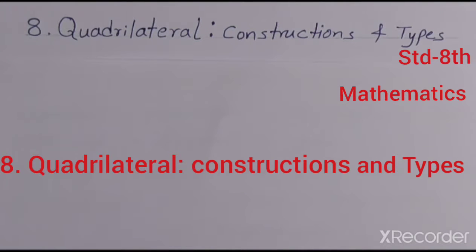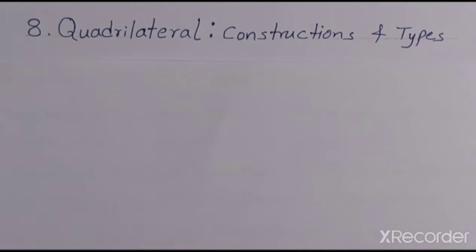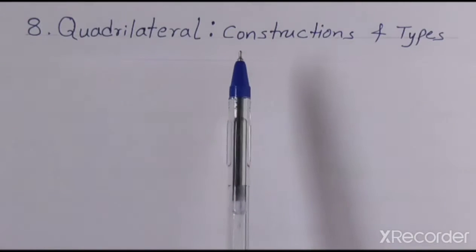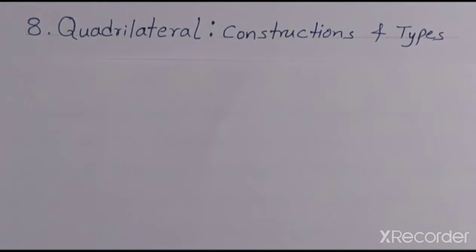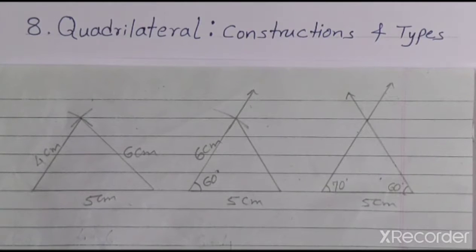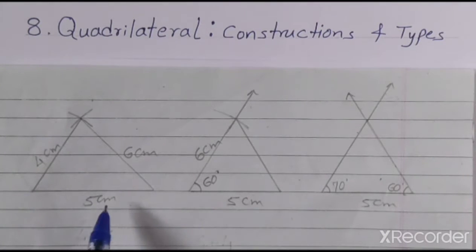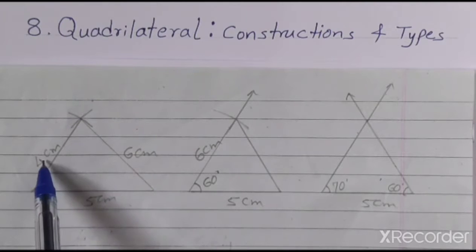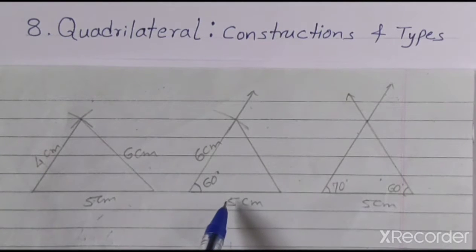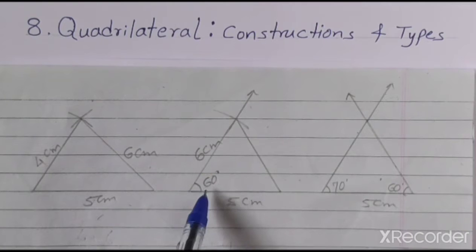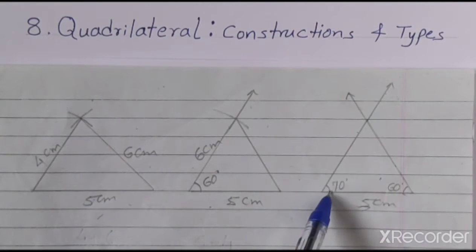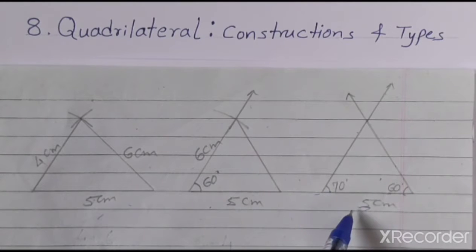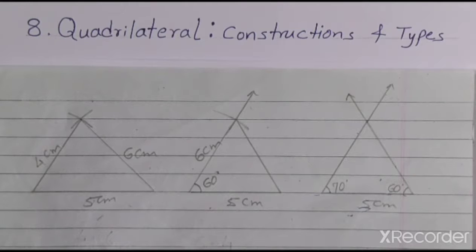Hello student, today we are starting chapter number 8, quadrilateral, in which we are going to study its construction and types. In previous standard we already studied the construction of triangle if three segments, or two segments and one angle included by them, or one segment and two angles adjacent to them are given. With the help of this construction, we will study